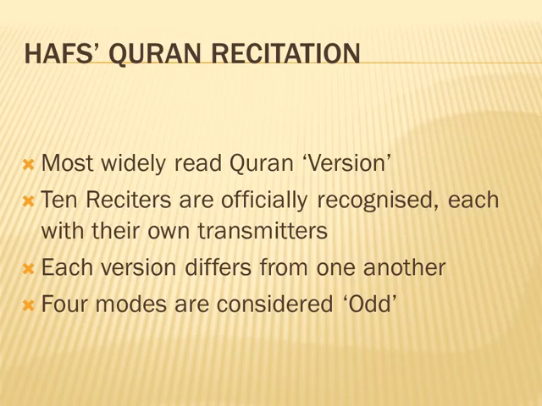In addition to the 10 recognized or canonical modes, there are 4 other modes of Quran recitation. These are Ibn Muhaysin, Al-Yazidi, Al-Hasan and Al-A'mash. These recitations are called shaz or odd and so are not recognized. So in all, the number of Arabic Quran versions total to over 30 different versions.